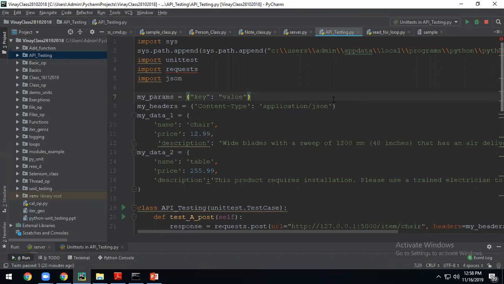We've done automation. And API testing can also be done using something called Postman. There is one application. Using that also you can do it. But that's a manual effort. Every time you have to type and you have to see the response. You cannot automate.